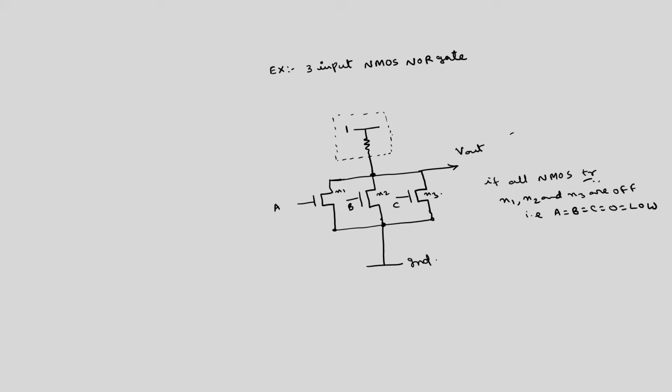Then what happens? This entire circuit will be open circuited, this output will be connected to this one. Okay. So, because this is pull up resistance, the output will be pulled up to 1, output will be 1. Okay. So, if any one of these inputs is on,